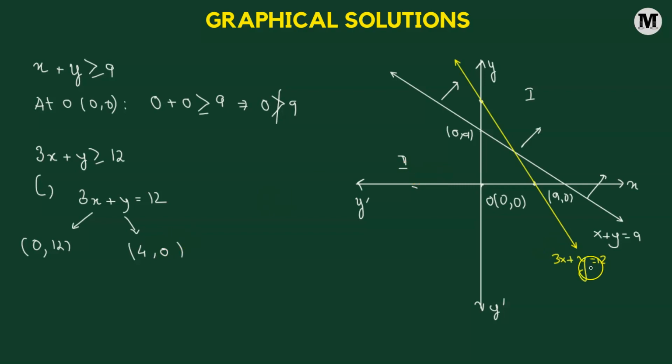Through these points, we have the line 3x + y = 12 passing. Now that we have this line, we see that the yellow line also divides the xy plane into two regions. One region will be to the left of the line and the other region to the right of the line. So let's consider the